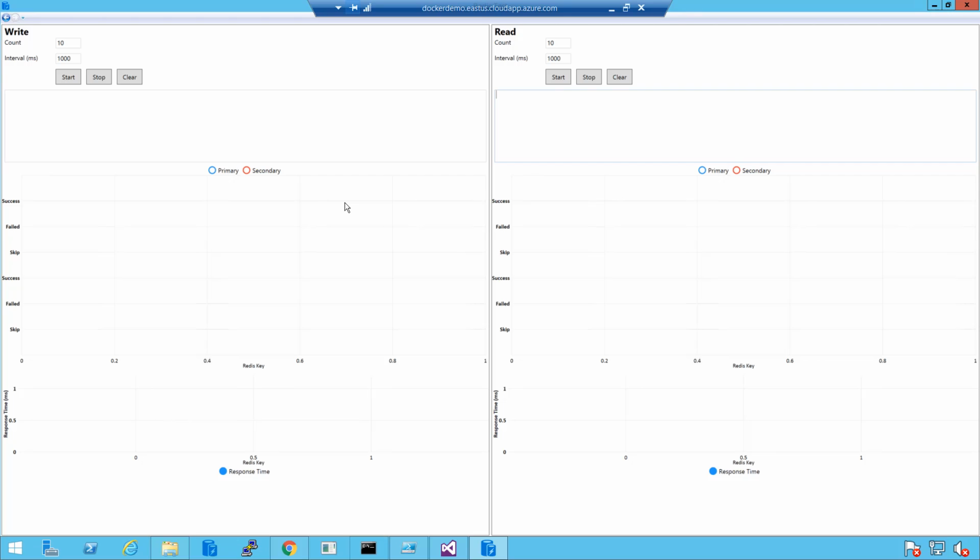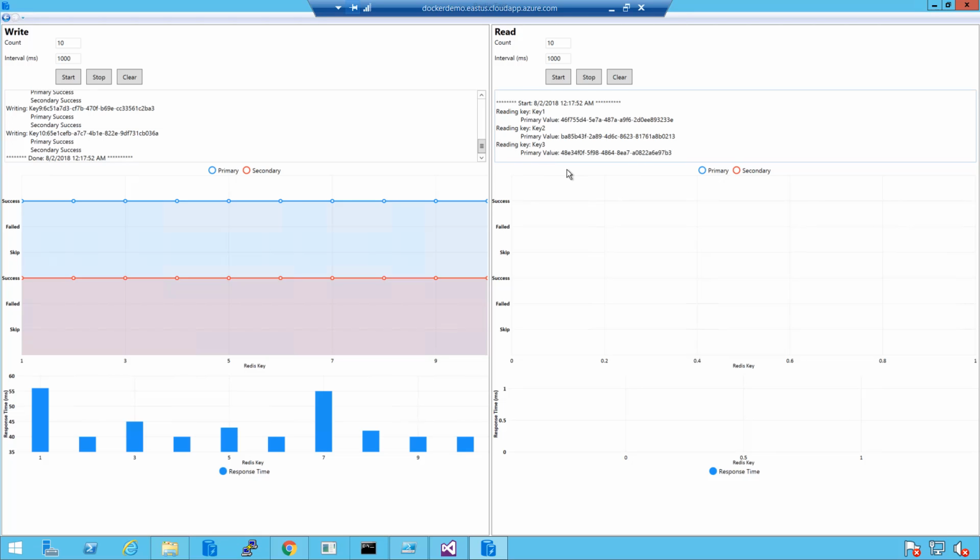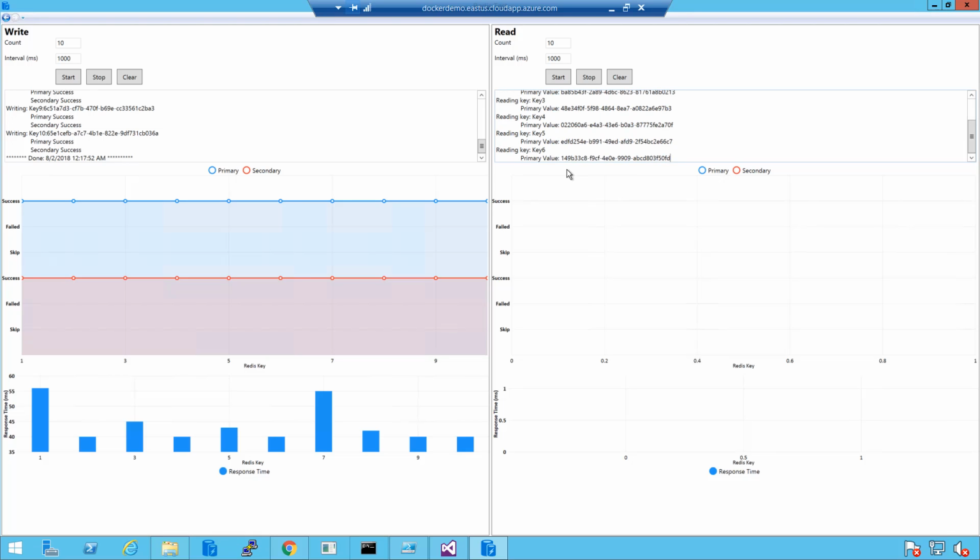Here is a simple application that is going to simulate the behavior that I described. What we are going to do is the write operation is going to perform against cache 1 and cache 2. So let's start this. And you can see the write succeeded on the primary and secondary. So we are getting success here. And then I can also have a read operation that is going to read from one of the available caches, right? So it's going to read from the primary. And now if we go in here,